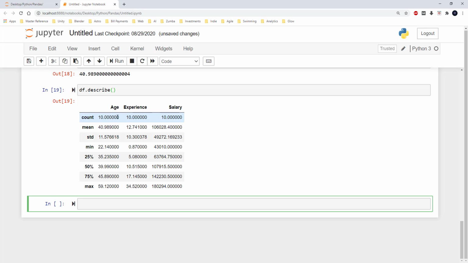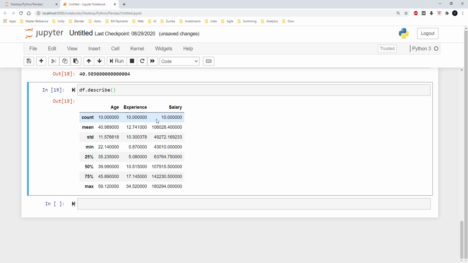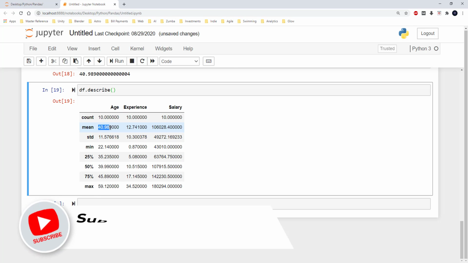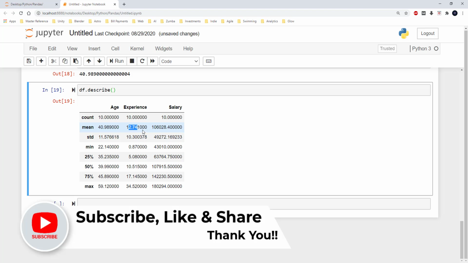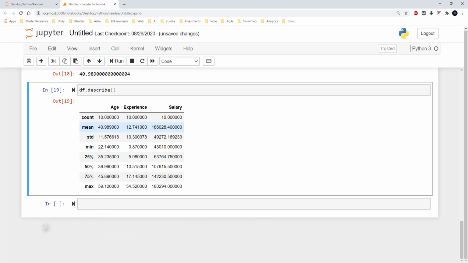It shows that all these columns are having totally 10 entries, which is indicated in the count, and it shows the mean of each of these columns. As we have seen before, the mean of age is 40.98, the average experience is 12.74, and the average salary is 106,028.4.